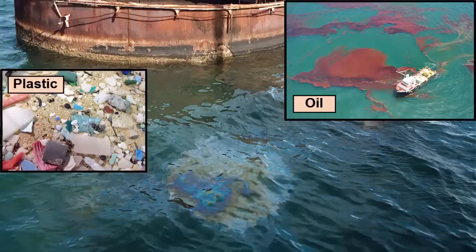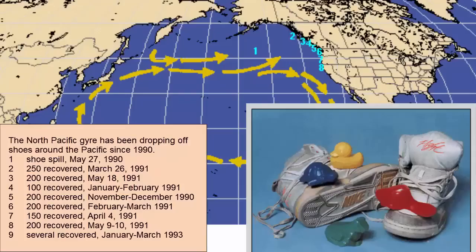Some pollutants float, others sink. The floating ones are useful for showing surface current mixing. Common floating pollutants include oil and plastics, and yes, rubber duckies and tennis shoes. Container ships that cross the ocean sometimes lose containers, and the materials within them act as ocean drifters, clocking current speeds and directions. This map shows the location of a Nike shoe spill off of the Aleutian Islands, and the path they took as they drifted with the currents and eventually washed up on the shores of northern Vancouver Island